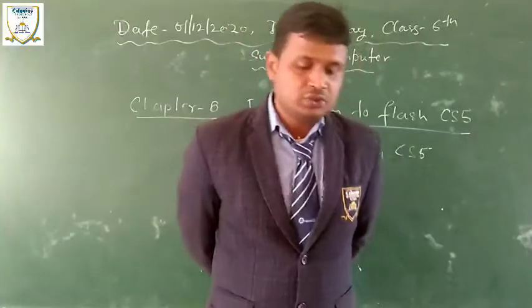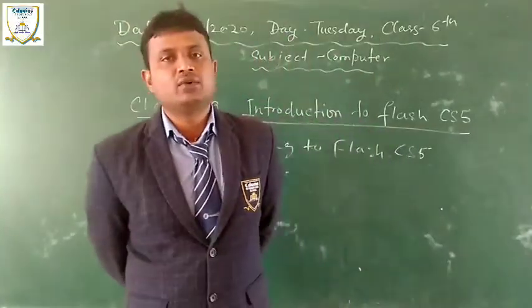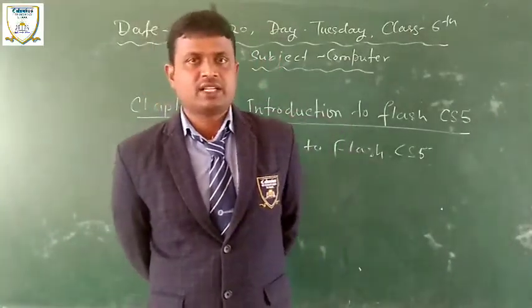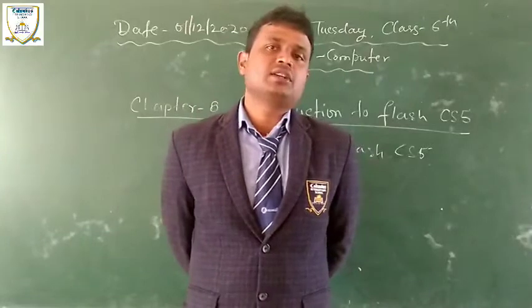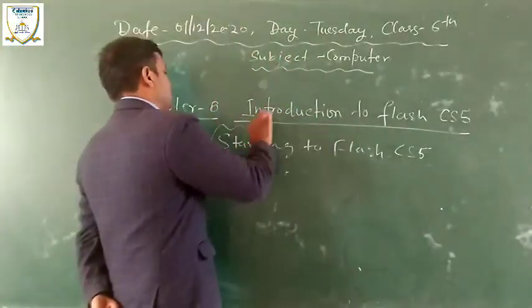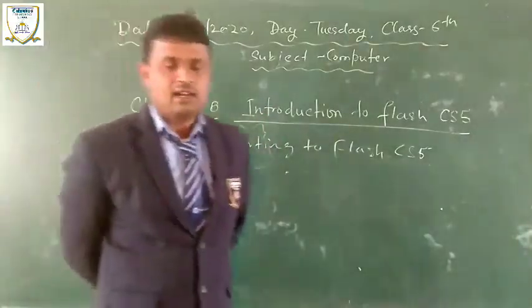Next is the lasso tool. The lasso tool is used to select an irregular outline. Irregular outline means it is neither just vertical nor just horizontal. Irregular means those surfaces you want to select. Suppose that I want to select this one. That type of selection is done by the lasso.